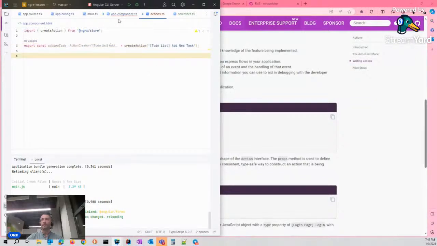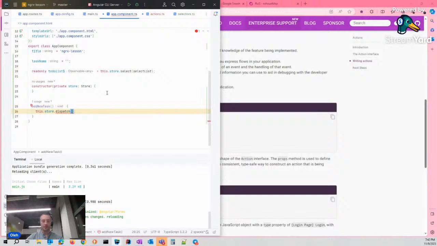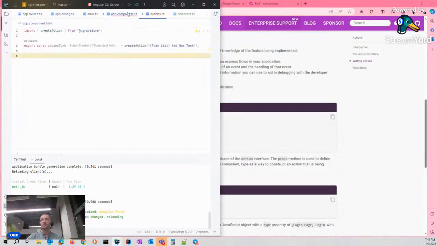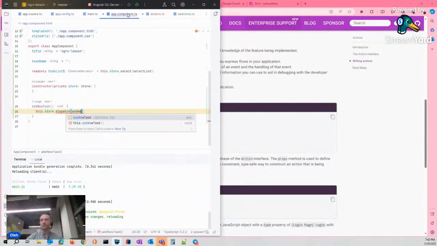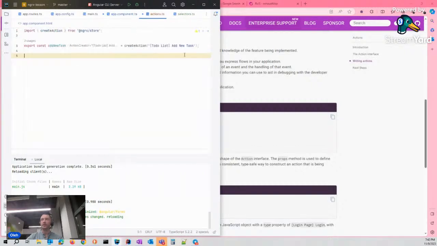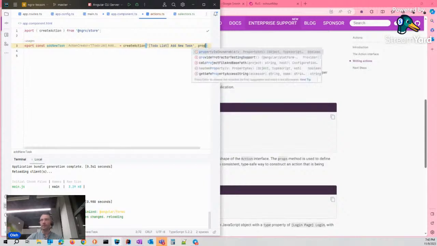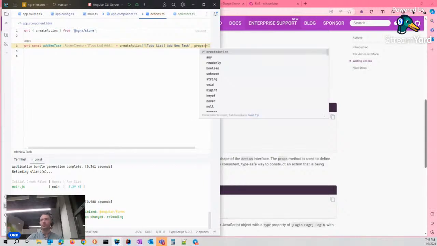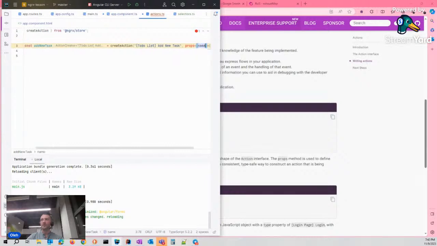And now let's use it. Action, add new task. No, we have to use a parameter, at least name. The props function with the generic type name string. Props we have to import from the package also.